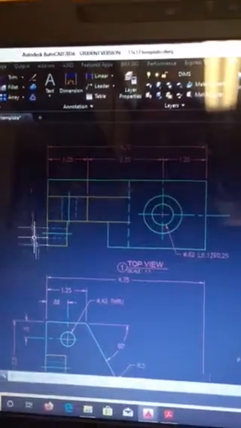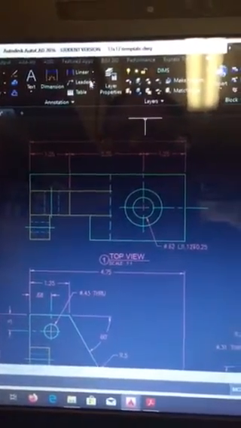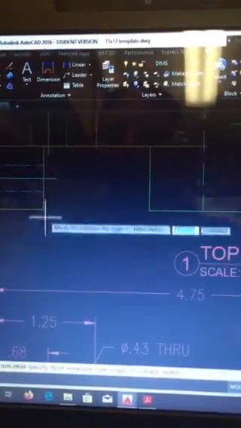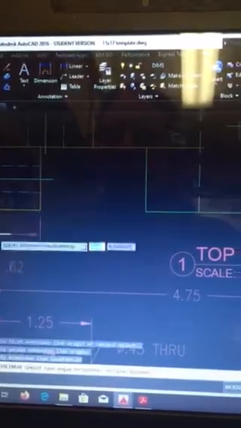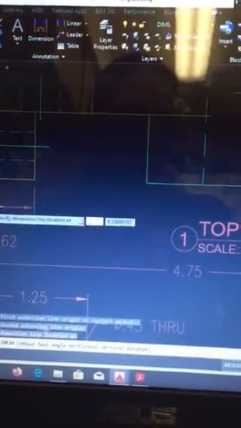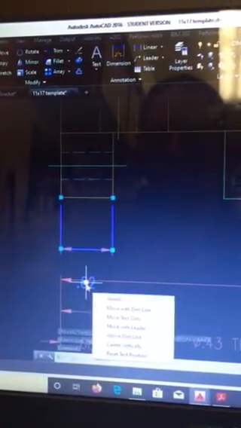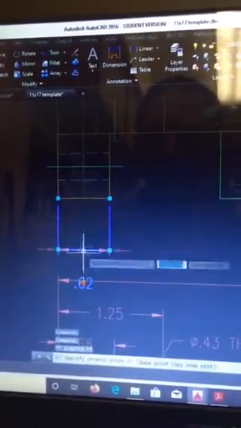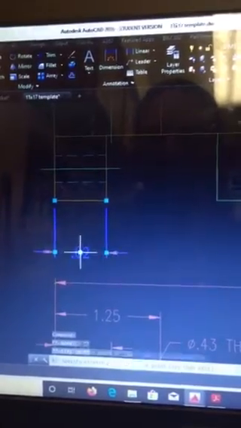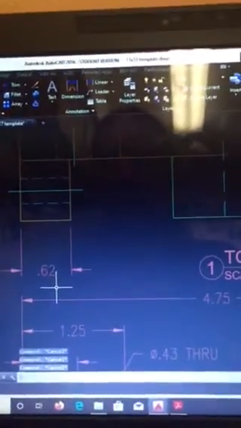And then you will dimension the rest of this out. So we will do a linear dimension. We have one here, 0.625. And then with these numbers that come down farther than the dimension, you will click on it and click on the blue grip and move it into the middle of the line and hit escape. So on all of the ones